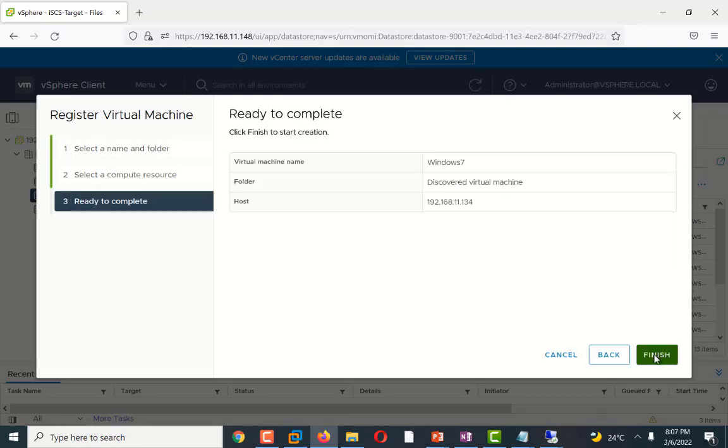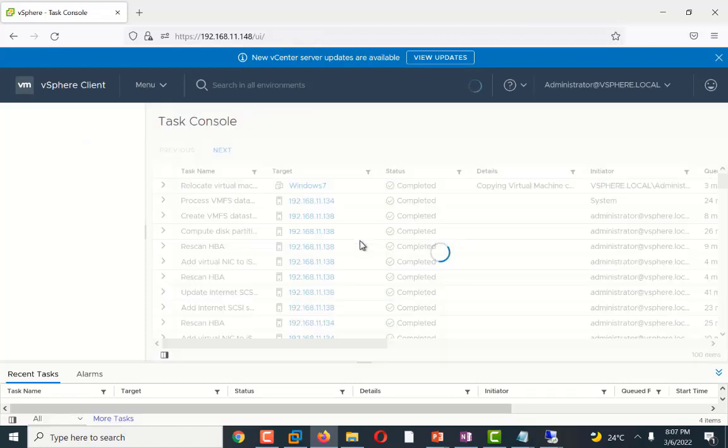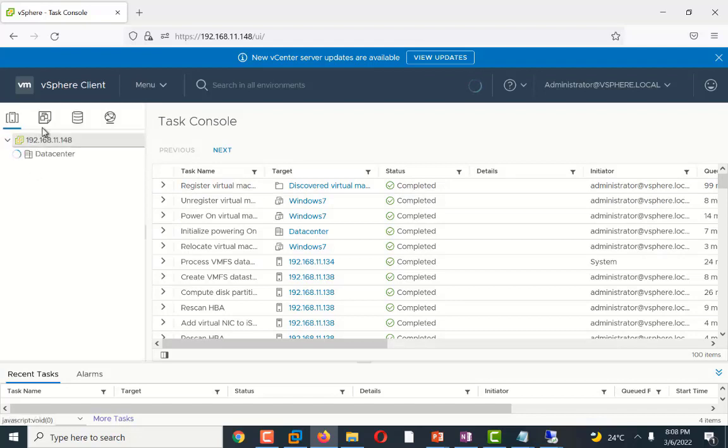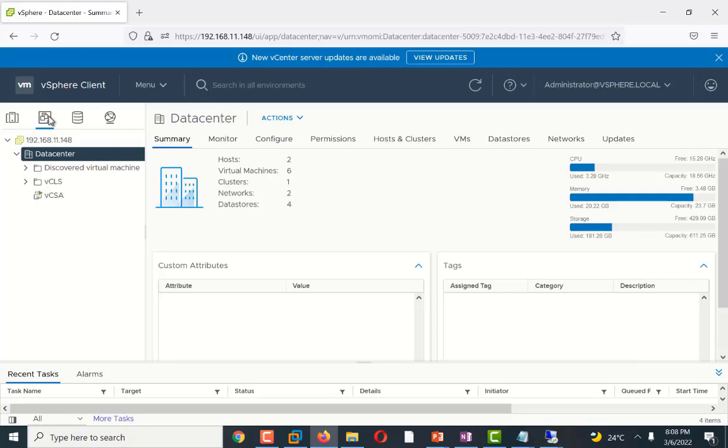After that it will rescan all my inventory, and I refresh this button again. As you can see, now Windows 7 is registered in the inventory.